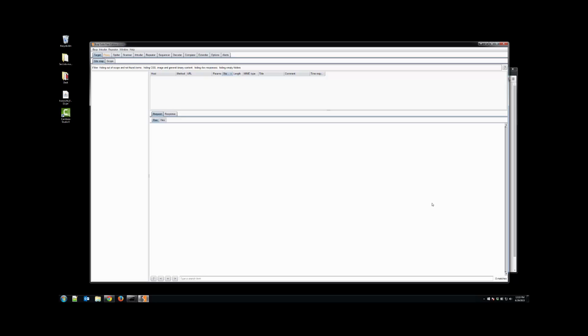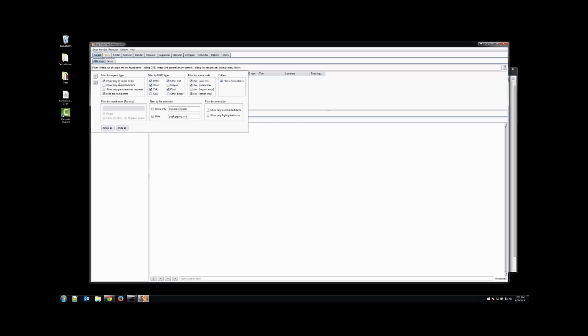And Burp Suite is now running. So this is the general window for Burp Suite. Remember that Burp Suite is an application suite of tools, but the most important parts are usually the proxy itself that lets you dive into the application traffic that you might be seeing when you're testing a website. Now, for this video, we're just going to use Burp Suite and the proxy tab and the targets tab going over